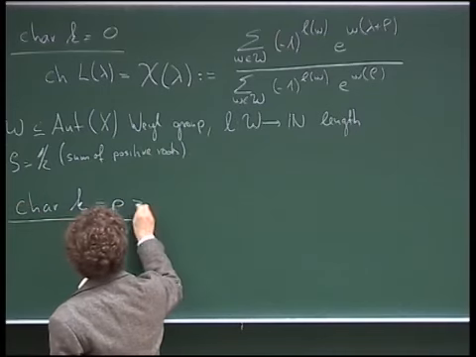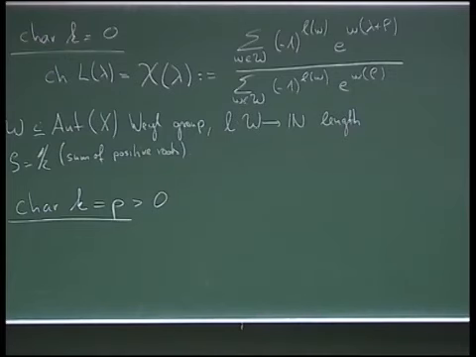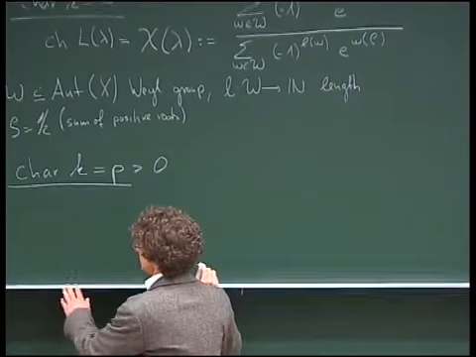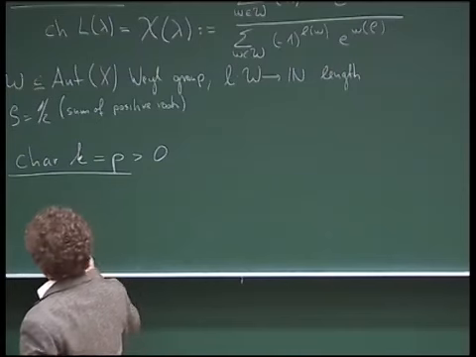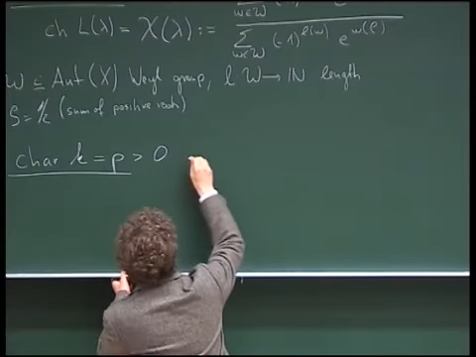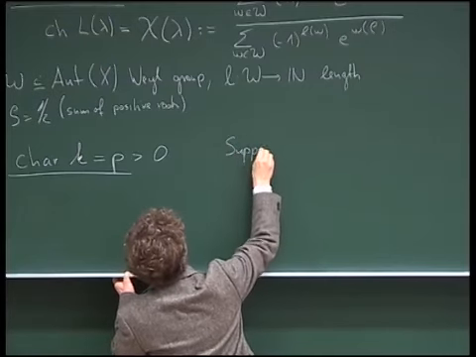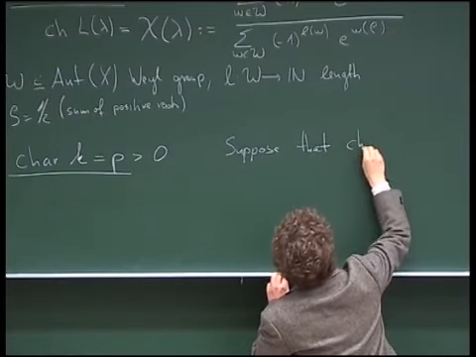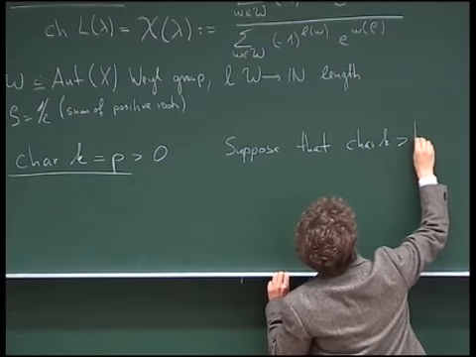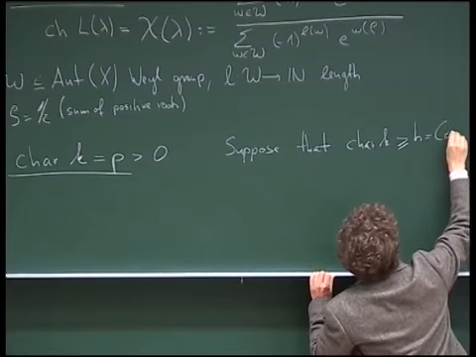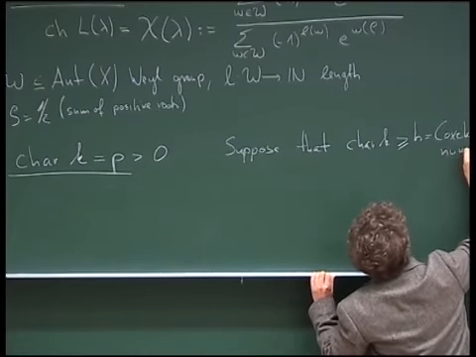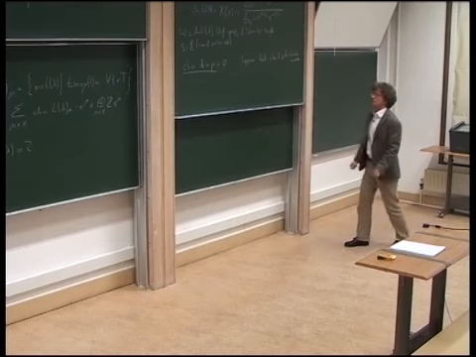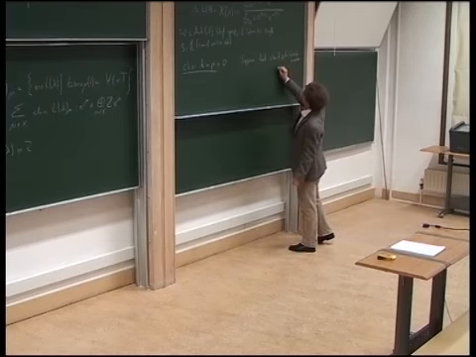But the case that the characteristic is positive is much more difficult, and still it's unsolved. In this case, there's Lusztig's conjecture, which is conjectured only for characteristics that are bigger or equal to h, which is the Coxeter number of our group. So, for example, for G = SL_n(K)